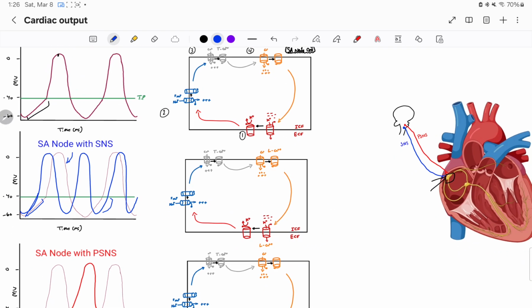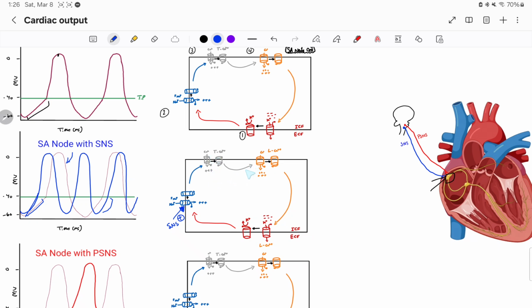Now, with that said, where is it acting? Well, guess what? We want to bring in positive charges to reach the threshold potential earlier, right? That's the entire goal here. So what do you think it's going to do? Well, it's going to act on two places to do that. It will act on these funny sodium channels, okay, and upregulate their activity, bringing in more positive charges. If they bring in more positive charges, they're going to activate these T-type calcium channels sooner. And if they do that, the T-type calcium channels bring in calcium sooner than they were supposed to